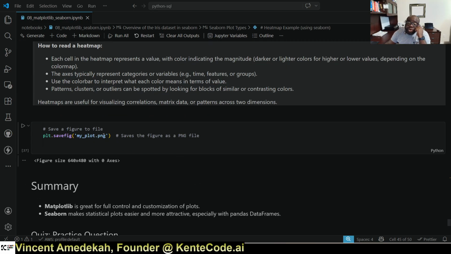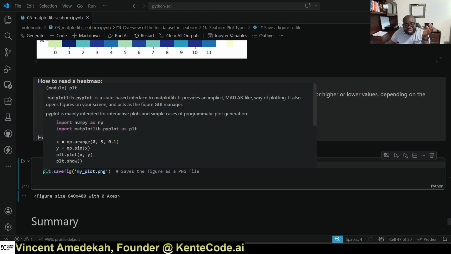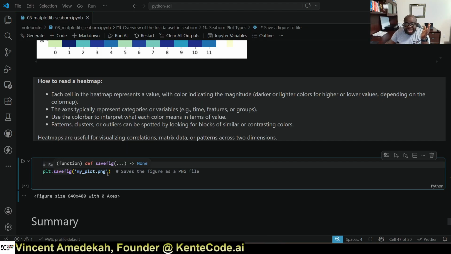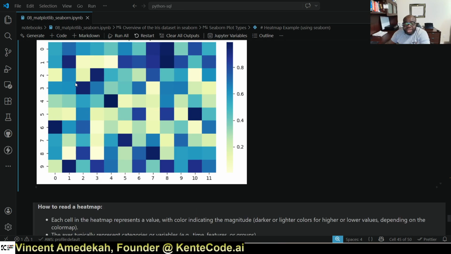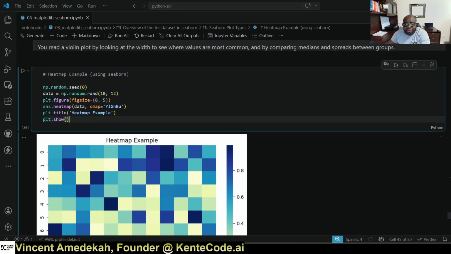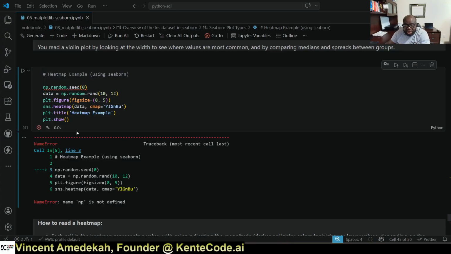Now after doing all that graph, you can save it. You go back to plt.savefig. That's the command. Then you give the name to save for the graph. plt means that this is the last graph that you have drawn. Like after we have drawn this histogram, once we finish drawing,